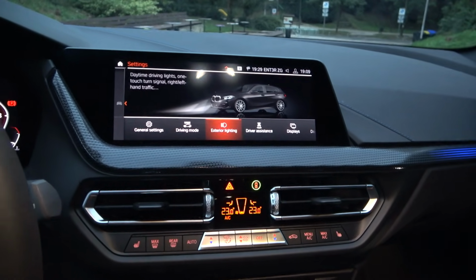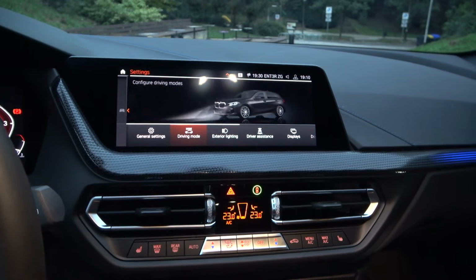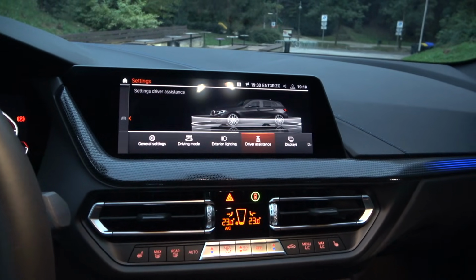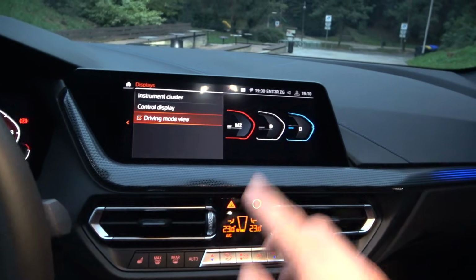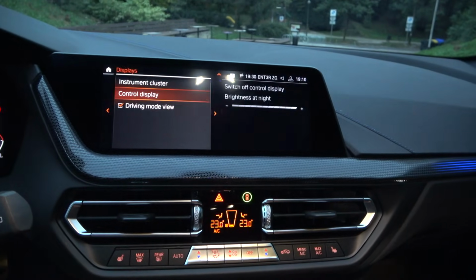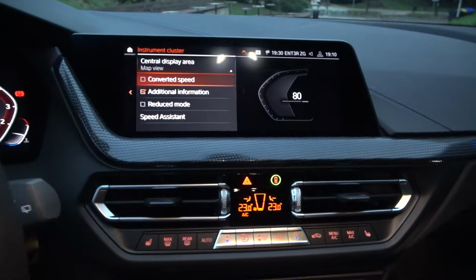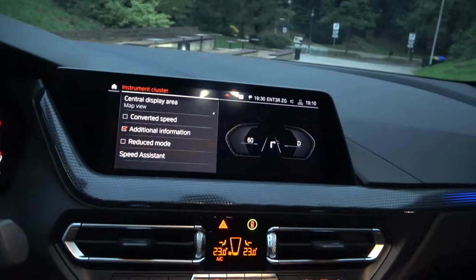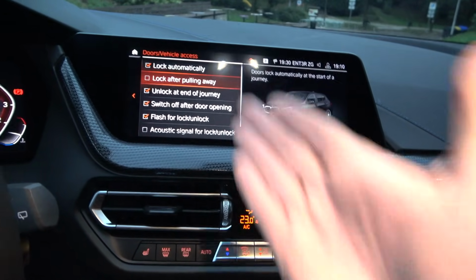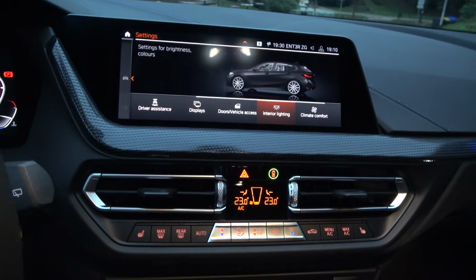Exterior lighting, so for example, you can have the welcome lights and how long you want the home lights to be on. Driver assistance, the car also has a bunch of driver assistance systems. I'm not gonna go through them right now. And then the displays, you can also change what you see, but you can only change a few of the things. You can switch off, of course, this main display, and then the instrument cluster can have a bunch of things, converted speed, stuff like that, that we already have here. Door settings, lock after pulling away, we already have it on lock automatically and stuff like that, so I'm not gonna go through that, but I am gonna go through interior lighting,